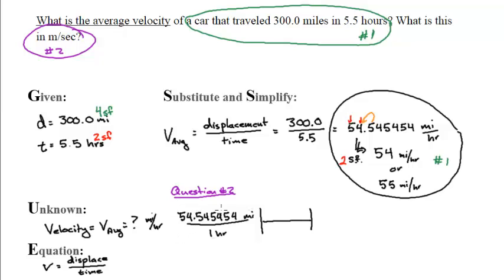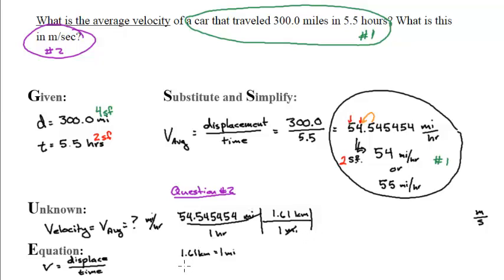Now, if I take a look at question number 2, I'll go back to my calculator answer, and now I need to apply dimensional analysis in order to figure out what my answer is in meters per second. That's my objective. So I can go to my blue card, and I can see that 1.61 kilometers equals 1 mile. How am I going to apply that in my fields here? I'm going to put 1 mile is 1.61 kilometers. And that allows me to cancel here and cancel here,